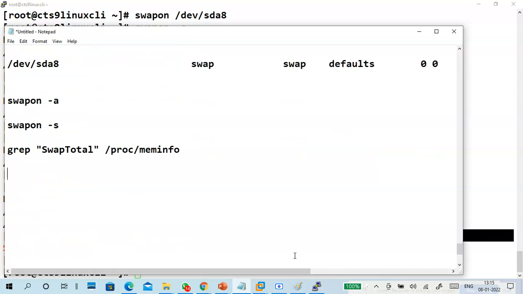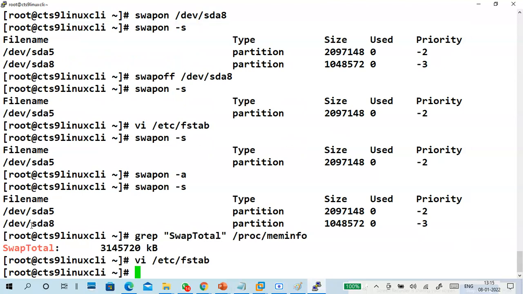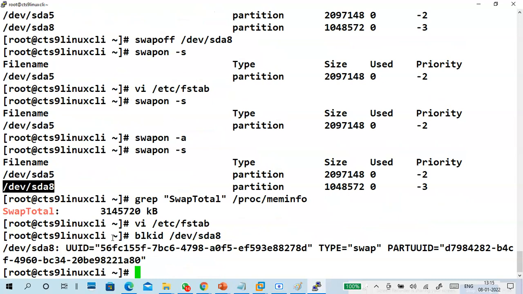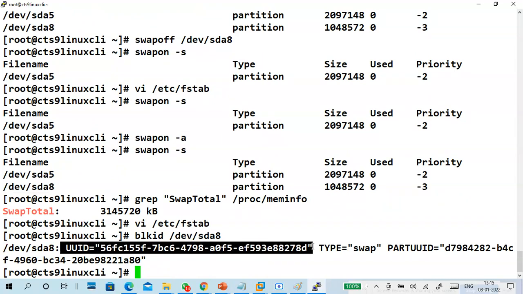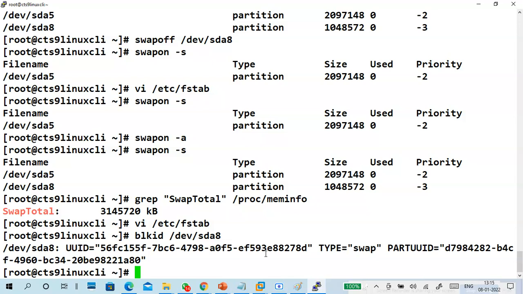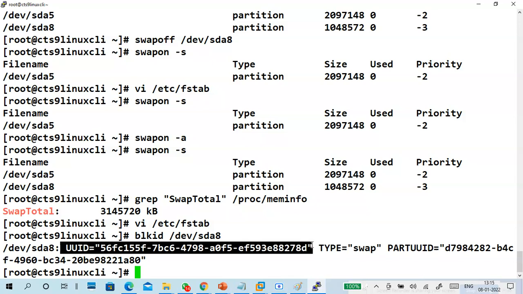And again, there is a question. So last one. This is sda8. When you restart your computer and you may have multiple disks, the name can change and problem may come. What to do? Instead of the name, use the UUID. How to get UUID? blkid /dev/sda8. I got a UUID. Copy the UUID and see, automatically its type is swap. Copy UUID. It's very simple.